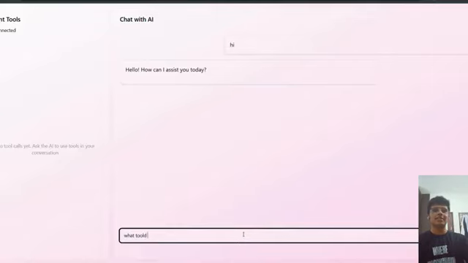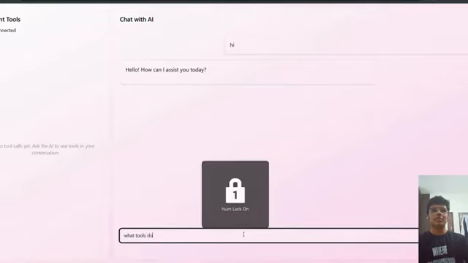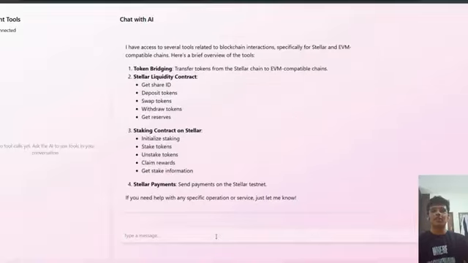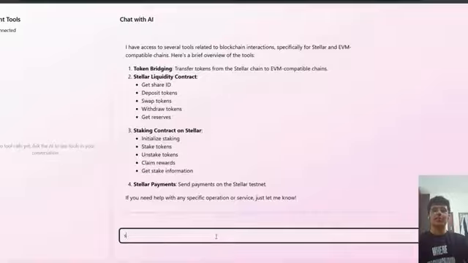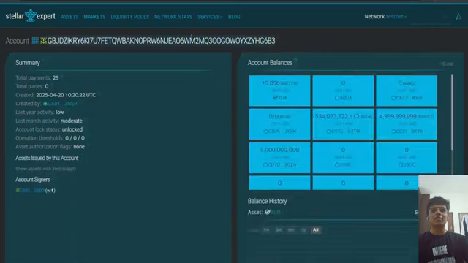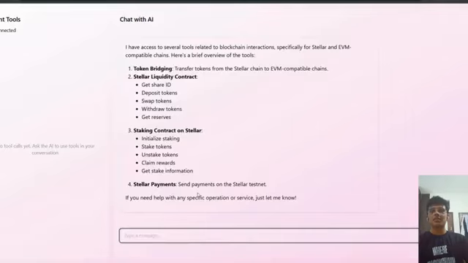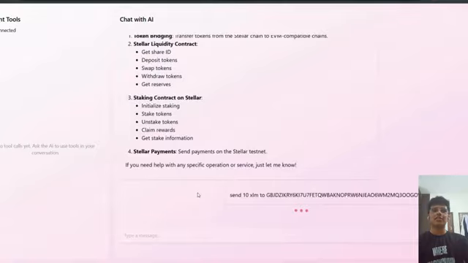Now I'm going to ask this agent what tools it has. By chance we have a few specified tools like swaps and bridging, and we also provided a liquidity pool contract for actions on that liquidity pool. So you can see this is my account, and I'm going to ask it to send 10 XLM to my account, and the agent performs it